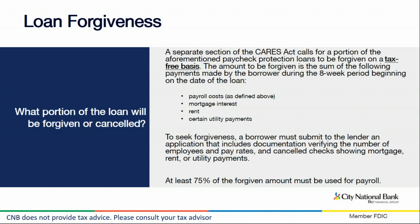I assume that once the funds from this program have been dispersed, there is an 8-week period, and I will get to that, during which loan forgiveness is calculated. I believe we'll get a lot more details at that time on any questions you may have on the forgiveness piece. But just to give you what we do know now,